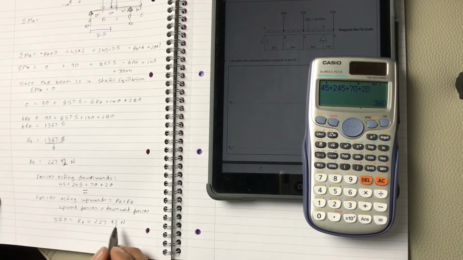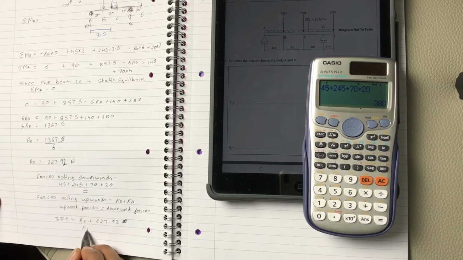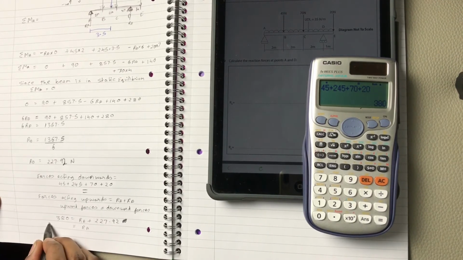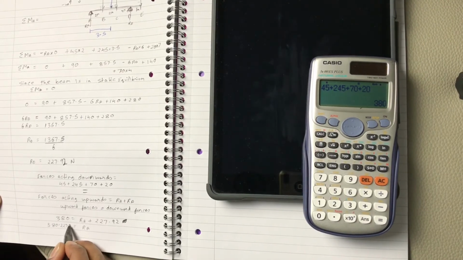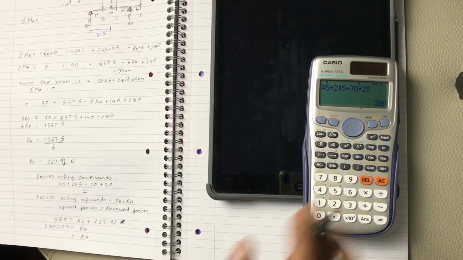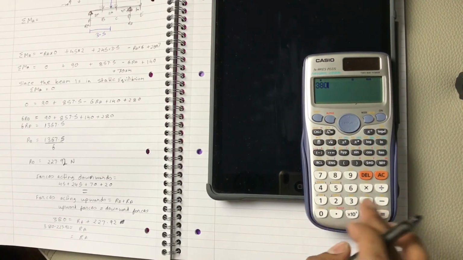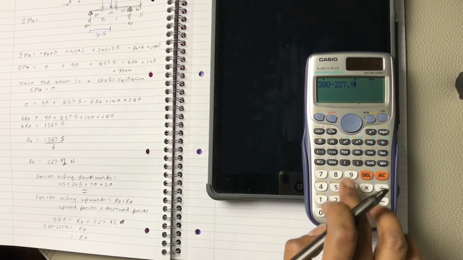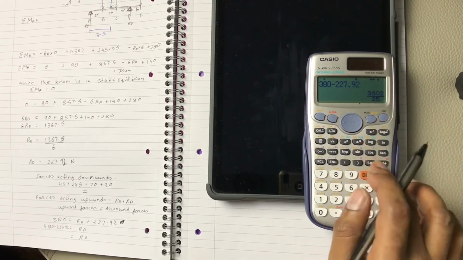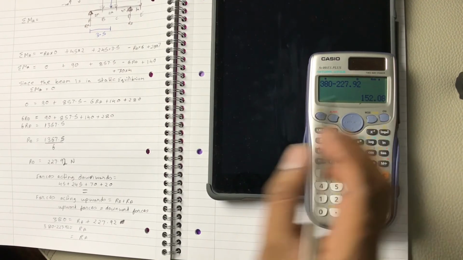So we don't need to write the Newton sign here, hence RA will be equal to 380 minus 227.92. RA will be equal to, in decimal form, 152.08